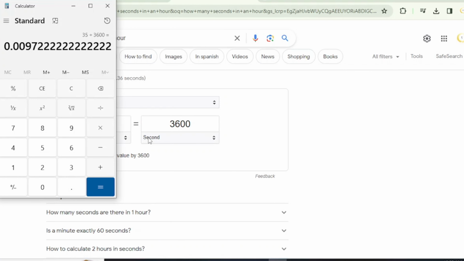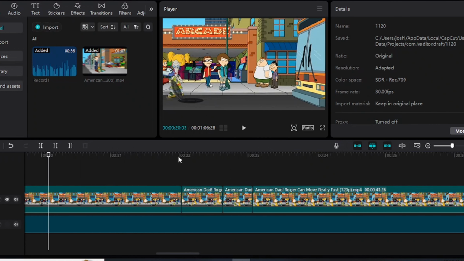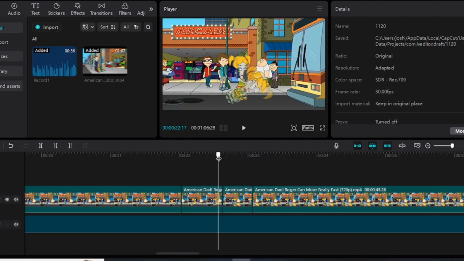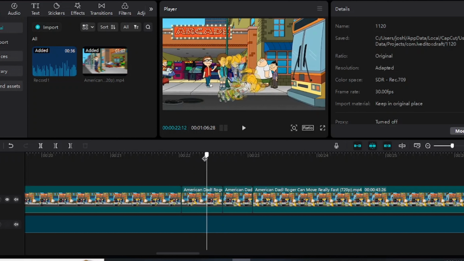So then we take the amount of feet that are in a mile. All right, so now we take that speed that we got before, 0.009 miles per second, and we just take the amount of feet in a mile, 5,280, and multiply it times 0.00972, which comes out to 51 feet per second, which seems a little fast if you ask me. So if you take that speed of 51 feet per second and then divide it by 30 because of how many frames are in a second, you'll find that in each frame, the bus is moving at about 1.5 feet